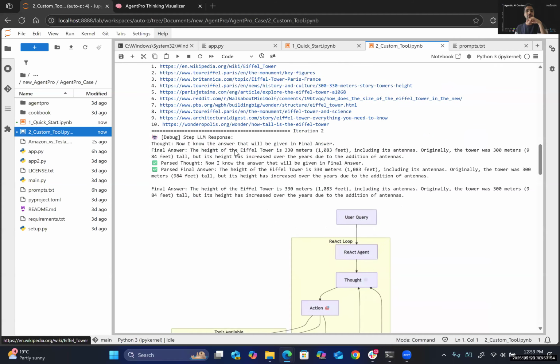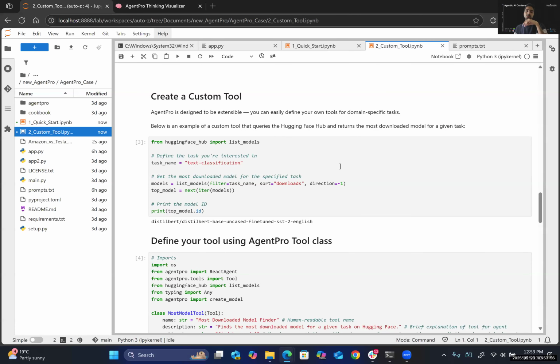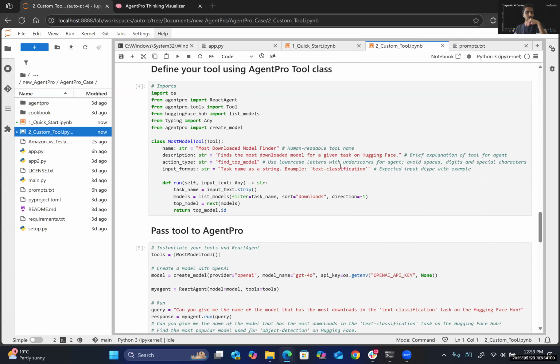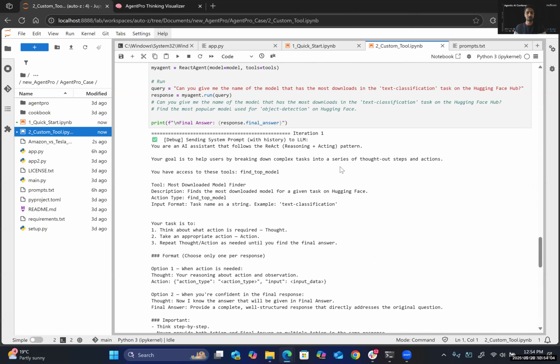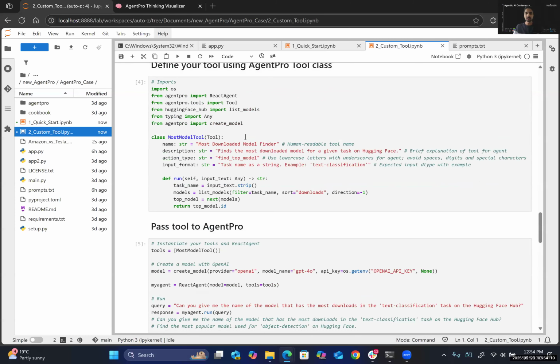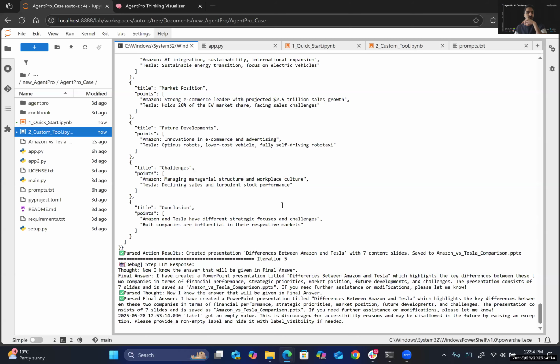So it's not only the default tools available, you can also create your own custom tool with the Agent Pro, and you can run those custom tools. It's a very easy plug and play kind of a thing, and it's open source, so you can definitely work with that. And if I can show you a system prompt,